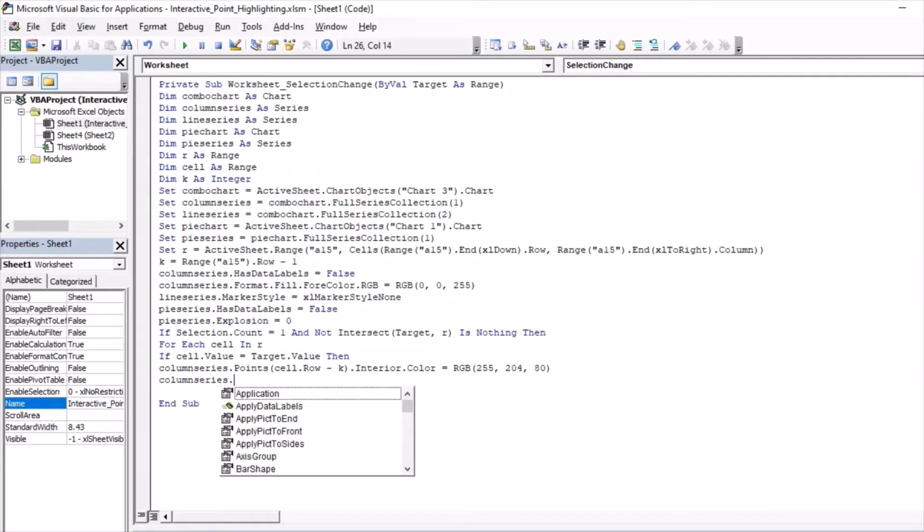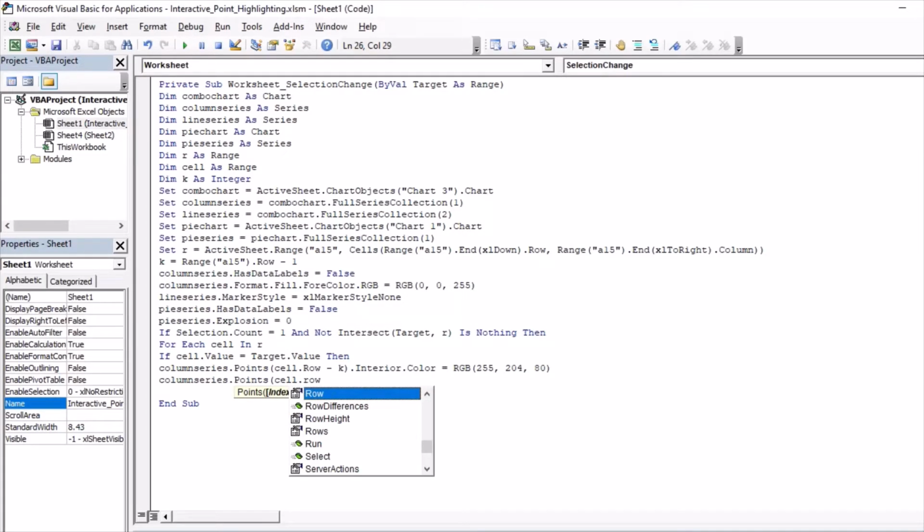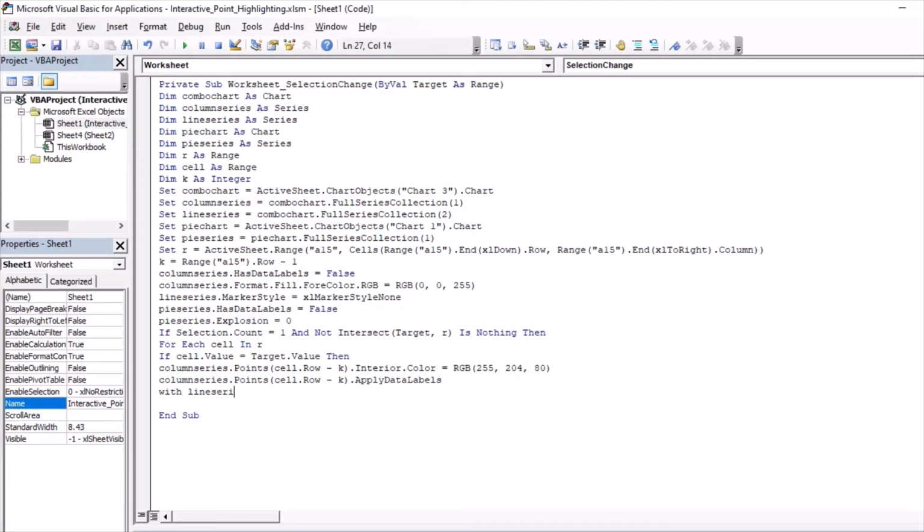This point of the column series should also have data labels. And now let's start with the line series points. With line series points, which are determined with the same reference to cell row minus k,